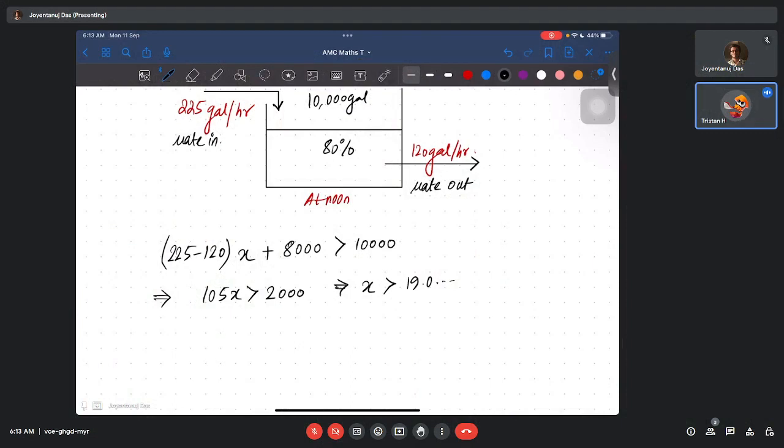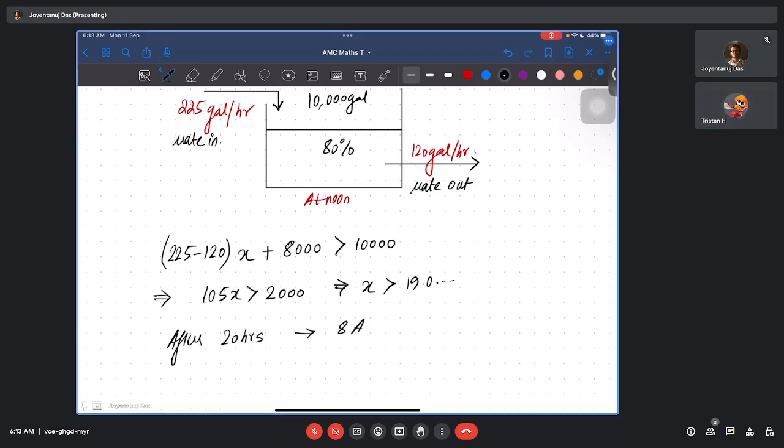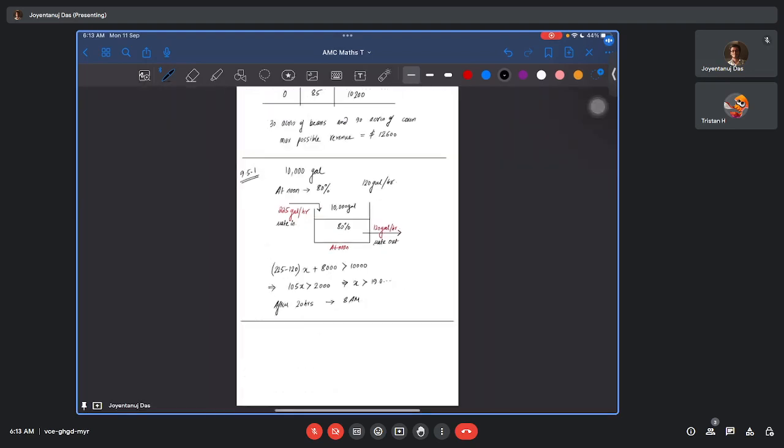Noon would be 12 p.m. And then since it is 20 hours, you add on another 12, it would be 12 a.m., and then you just add 8 to that, because 20 minus 12 is 8. So it will be 8 a.m. Okay. So yes, this is 9.5.1. So next one is